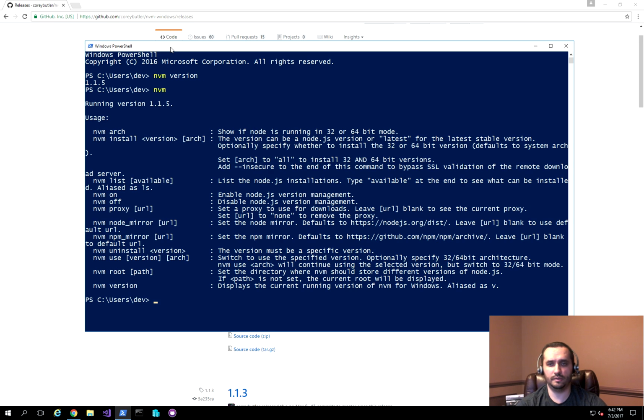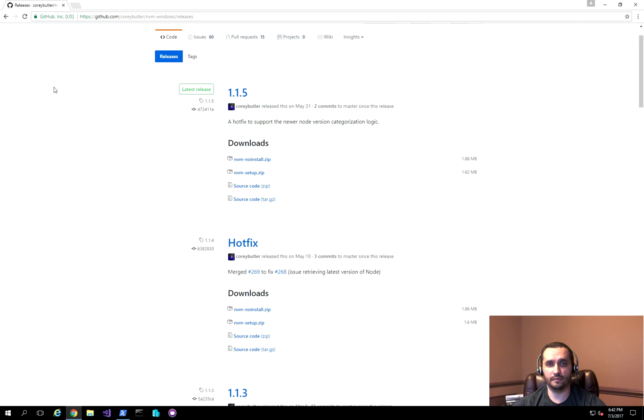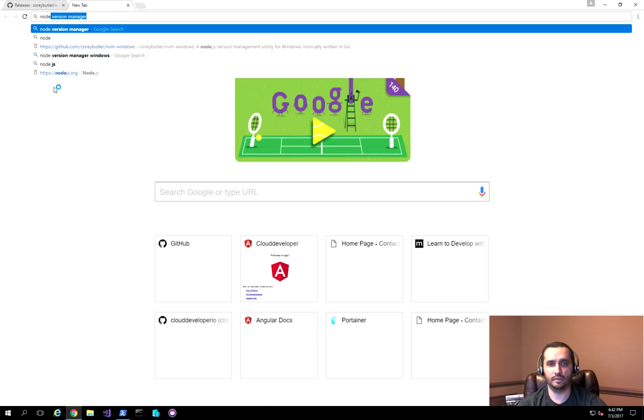So now if you just do nvm, it will give you a few different helpful commands that you can run. And the first one you'll notice is there's the nvm install, and then it asks for a version number. Now basically this allows you to install different versions of Node on your computer, and the way that you can get a list of the version numbers, if you just go to nodejs,